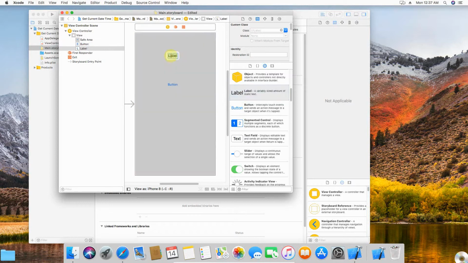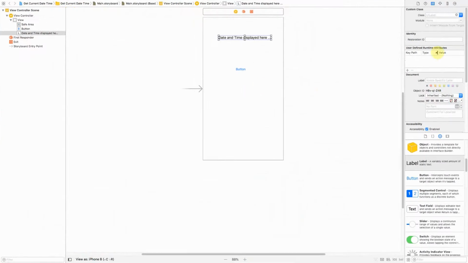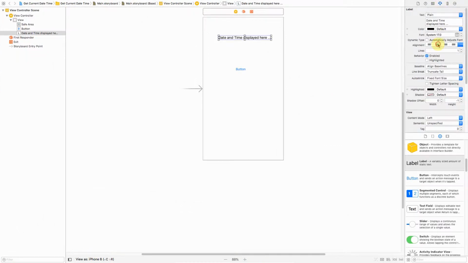So over here I'll first set the label. Date and time displayed here. Perfect. I can bring it to the center also. And if I expand it and make it bigger, in the attributes we can align it to the center.